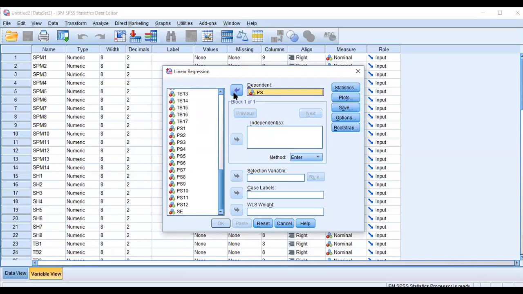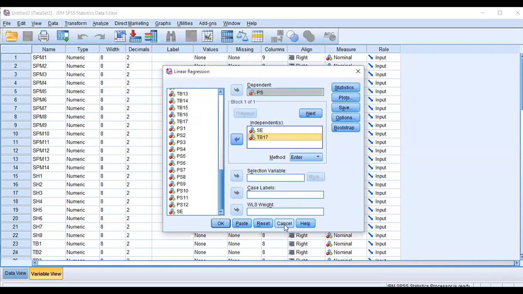Just select project success as the dependent variable and stakeholder engagement as the independent variable. If we perform multiple linear regression analysis, we also add the other independent variables decided in our research framework. For example, this is also our independent variable, and then just click on OK. So this is how we can perform simple and multiple linear regression analysis.